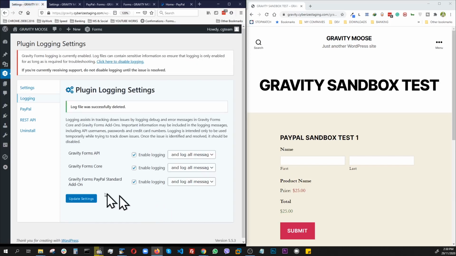In fact, this time we will be looking in the Gravity core log, because of the code we placed in. The Gravity standard log will give us what it gave us previously, right? So now let's go do another transaction, this time